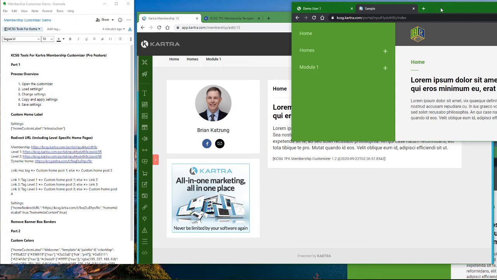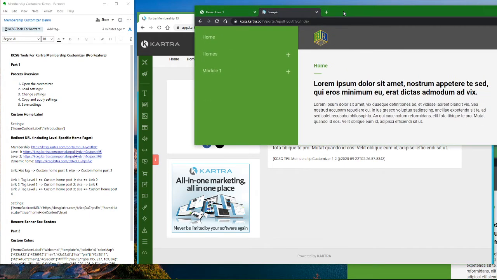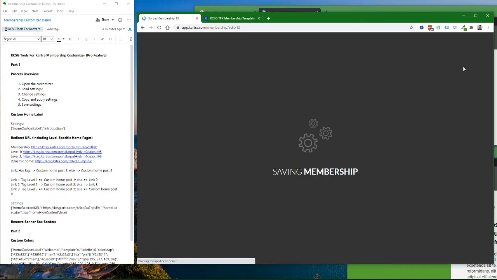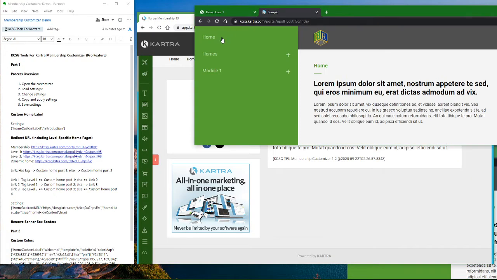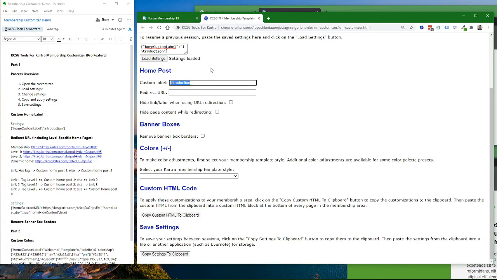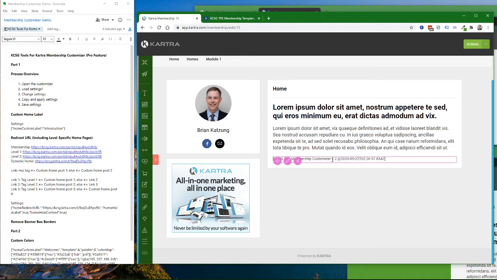And if I go over here to a window where I have the user logged in, if I refresh this, I have to save my progress because I didn't actually save out the change. Now if I reload, my home post is now called introduction instead of home. If I change it to welcome exclamation mark, copy the code, go here,